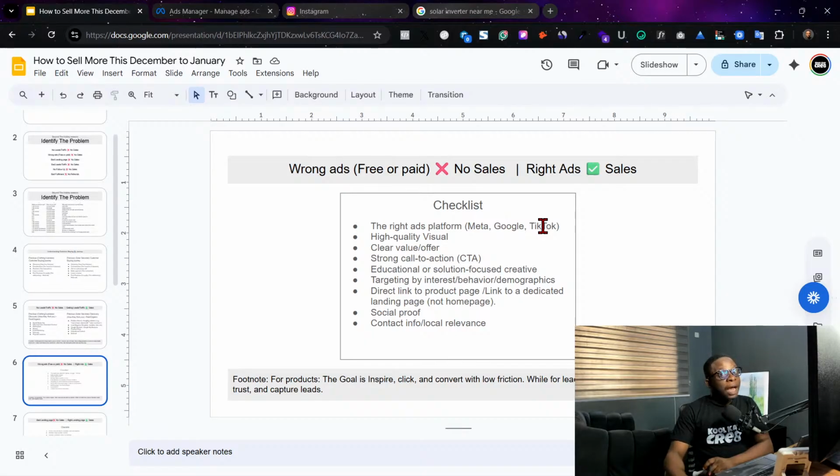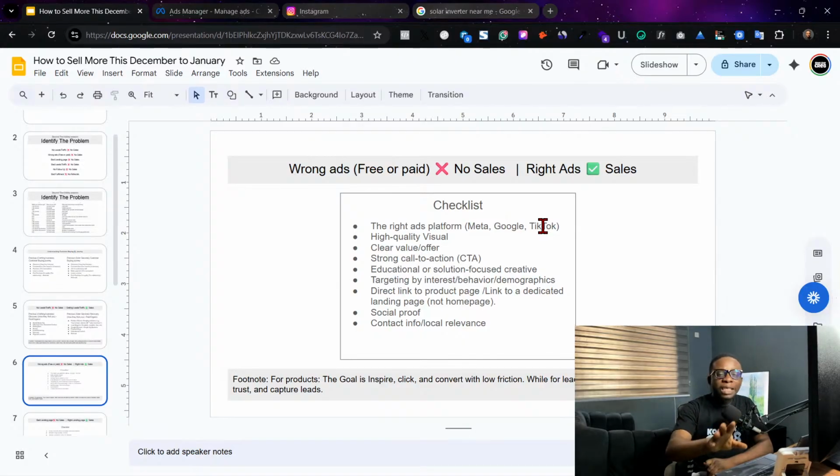Well, if you're not good at doing organic content, organic meaning creating content that drives traffic, you don't have any business stressing yourself, run ads. I think where the mistake comes in is most persons will say, I don't want to waste money on ads. I've wasted money. It's better you learn how to optimize your ads than just saying you don't want to run ads at all and relying on organic content that has not worked for you for the past 5 years. You get the logic. Organic content works, but you see it's not working for you.